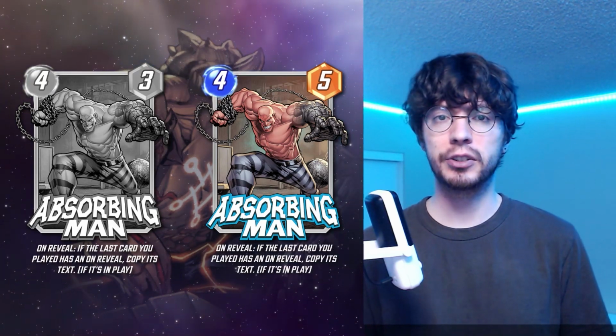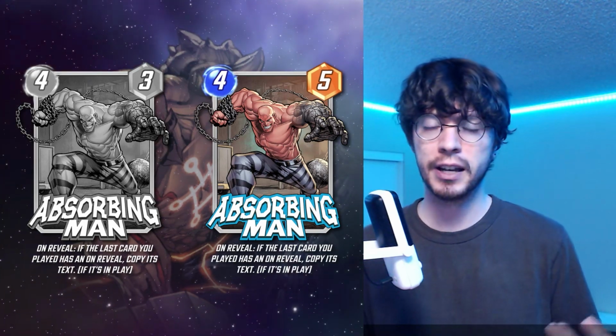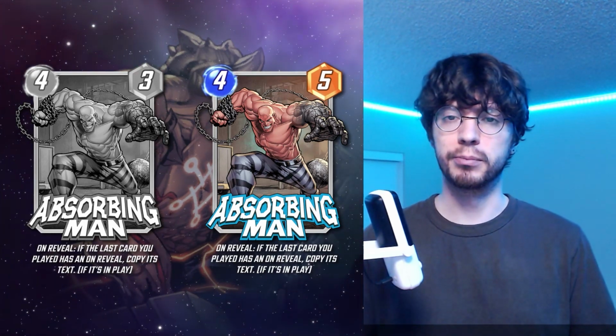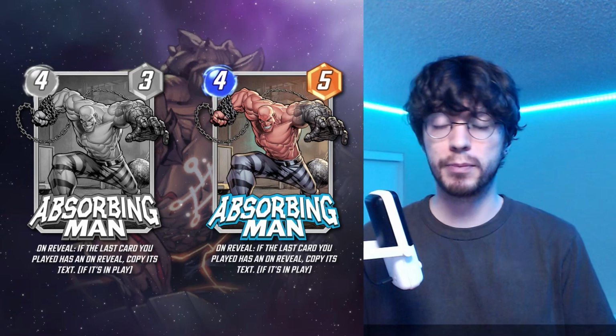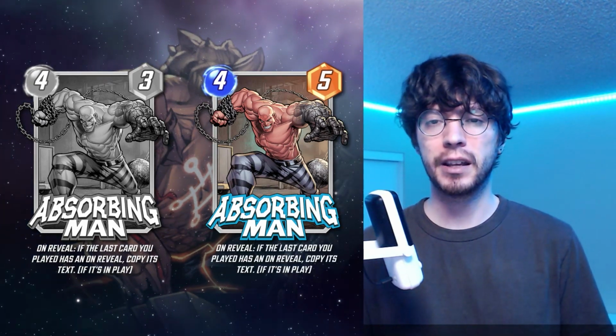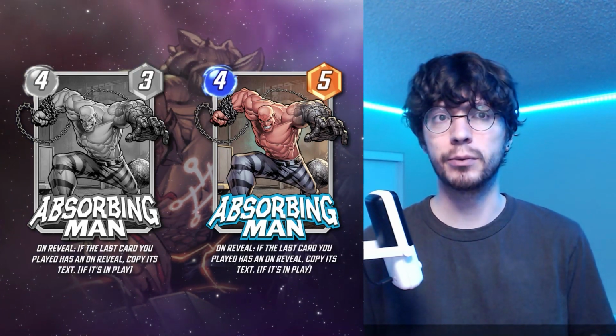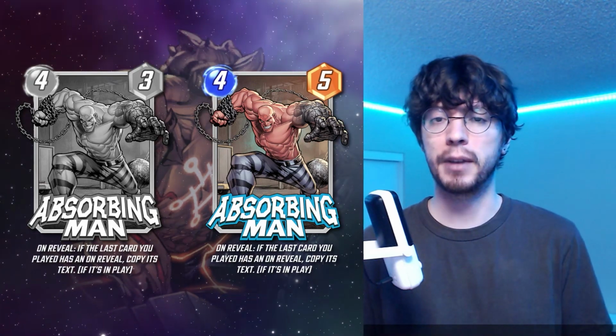There's obviously some other things you can do. I was playing around with him last night in a Spectrum list, trying to see if I can get like a Magic into a Spectrum Absorbing Man play, or like Wong Spectrum Absorbing Man. And that was kind of fun, but it didn't really have enough power, and it's kind of hard to set up. So there's obviously a ton of really, really good on reveal effects that Absorbing Man can copy,